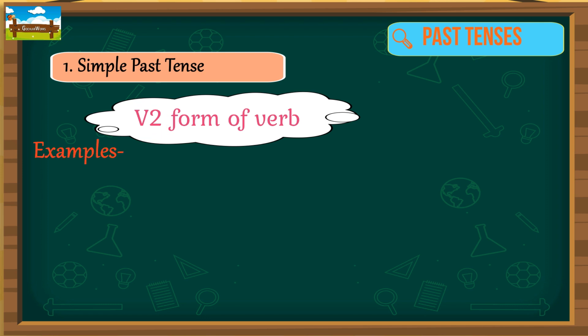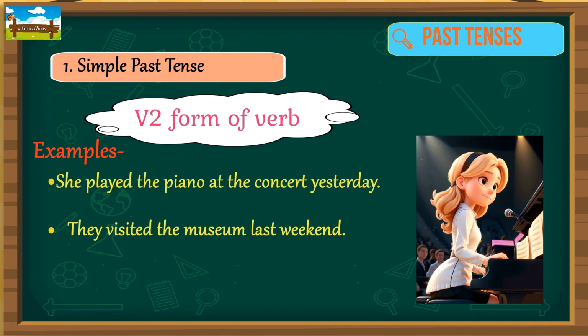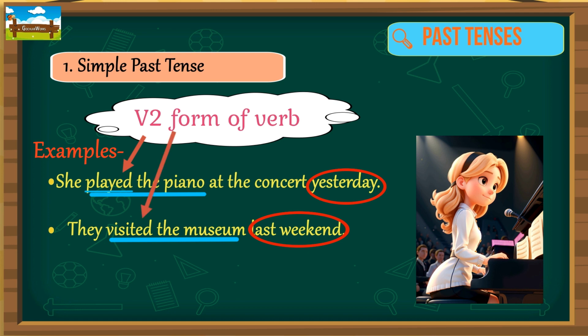Now, let's see some examples. She played the piano at the concert yesterday. In this sentence, the action, playing the piano, happened in the past, yesterday, and we use the second form of the verb played to indicate this. They visited the museum last weekend. Here, the action, visiting the museum, occurred in the past, last weekend, and we express it with the second form